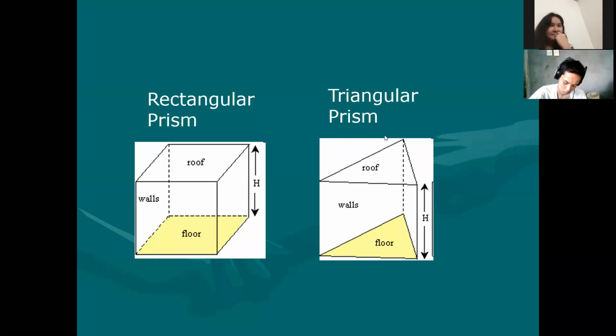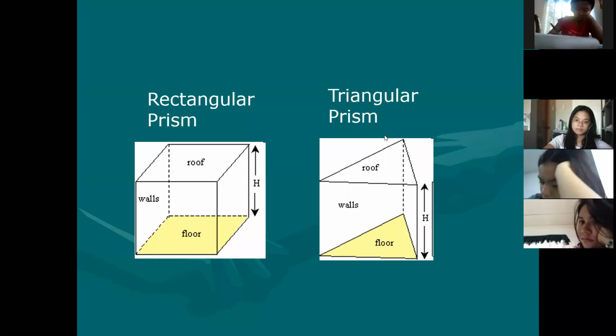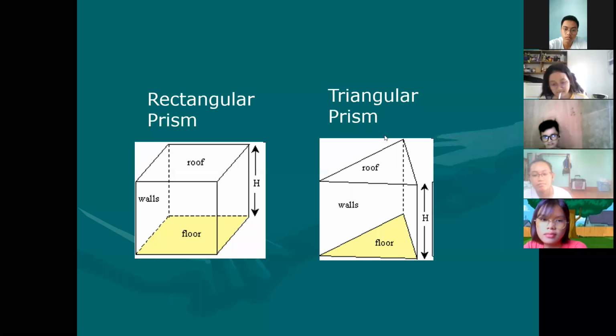Whatever the base of your figures, the only difference that you can see between a pyramid and a prism are their lateral faces. In the words of Thea, maybe Thea failed to get the correct term there. But the faces of a prism are all rectangles. The faces of a pyramid are all triangles. That's the difference. Prism, rectangular faces. Pyramids, triangular faces, lateral faces. And the two of them can be collectively called by one term. There's a collective term for the two of them, class.